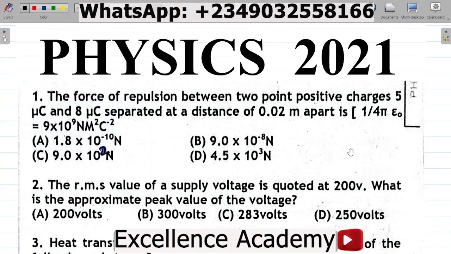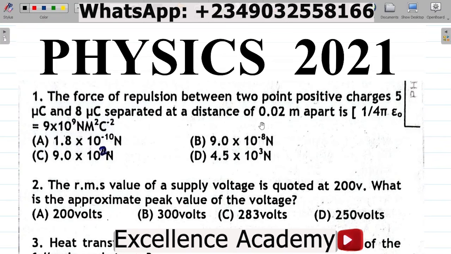In this video, we'll be looking at the solution to the JAMB Physics 2021 examination question 1 to 10. Question 1 here says, the force of repulsion between 2 point positive charges 5 microcoulomb and 8 microcoulomb separated at